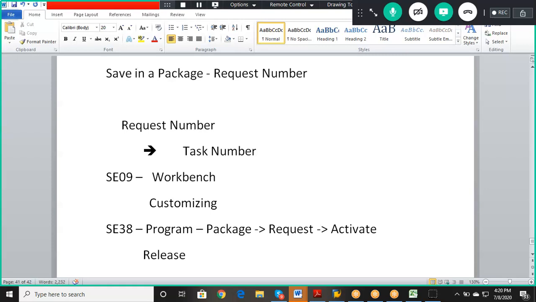So we'll be able to release it. So once we release it, from our point of view, from the technical ABAPers' point of view, the release activities have been done. After this, the basis team will log in from the quality server, and from there they absorb this request number. So whatever is there under the request number will automatically move to the quality system, and from there they will move to the production server by default.